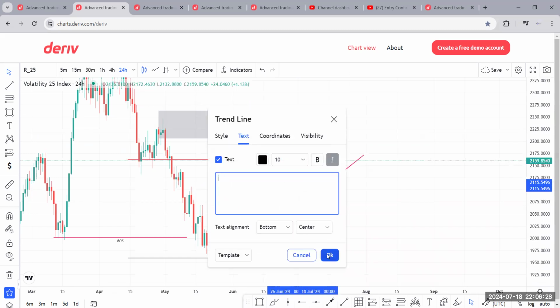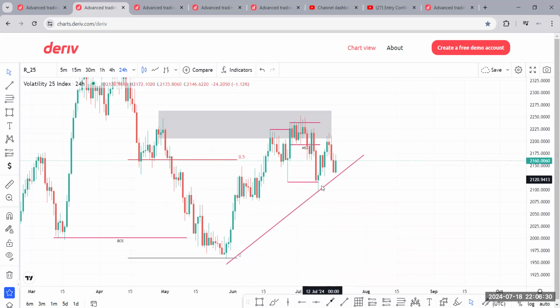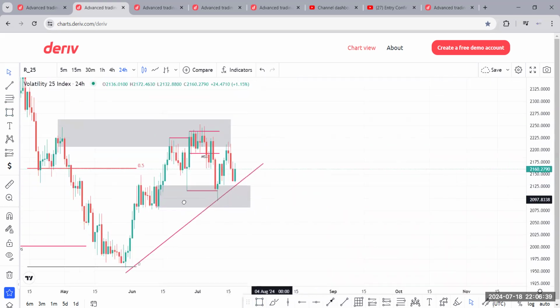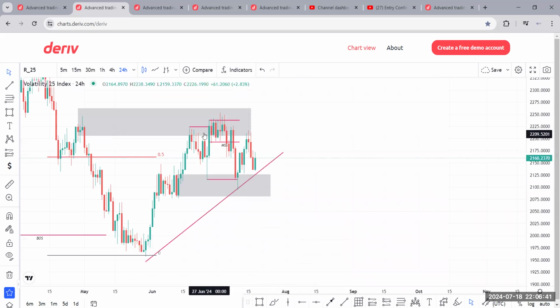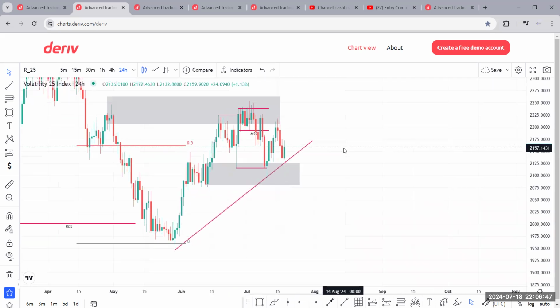All right, so price just came to sweep this low, failed to displace right below. Why? Because this is a bullish order block. All right, so we are trapped between this bullish order block and then this bearish order block. So price seems to be dangling up and down. But the more we zoom lower to the lower time frames, the picture becomes much more clearer. All right, so